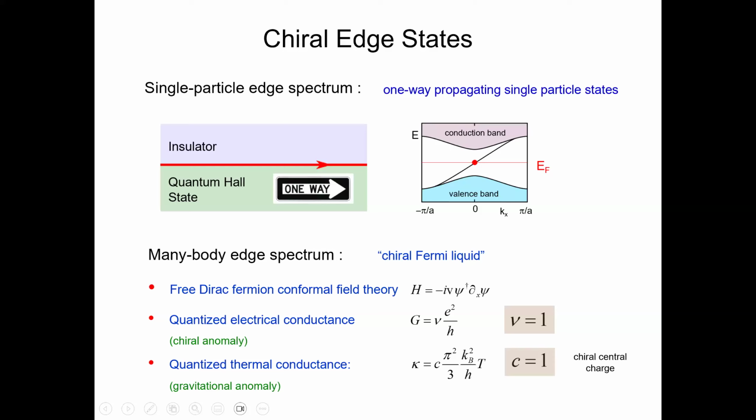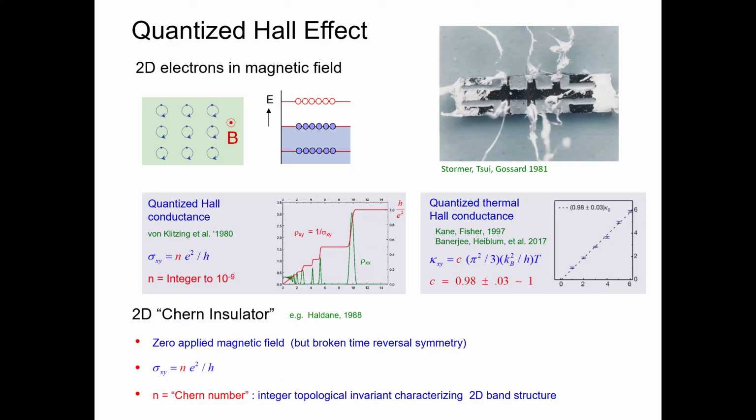And now, of course, the quantum Hall effect has come to life in the real world. The simplest way to get the quantum Hall effect is by having two-dimensional electrons in a magnetic field, where the electrons go around in circles. That gives you Landau levels, which are basically the quantized circular orbits of electrons, kind of like the motion of an electron in an atom is quantized, for the same reason cyclotron motion is quantized.